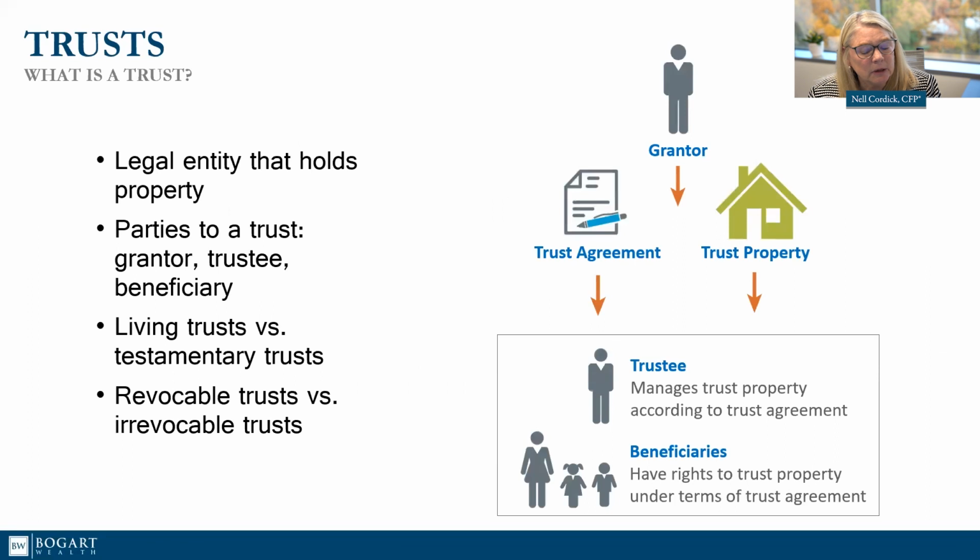So a trust is a legal entity where you are the grantor and you are initially usually your own trustee. However, you arrange for another person who would be your successor trustee to hold the property for the benefit of you and ultimate beneficiaries. The grantor names the beneficiary and the successor trustee, and they establish the rules for the trustee. In the trust agreement, it is laid out very specifically what the trustee can do and what they cannot do.